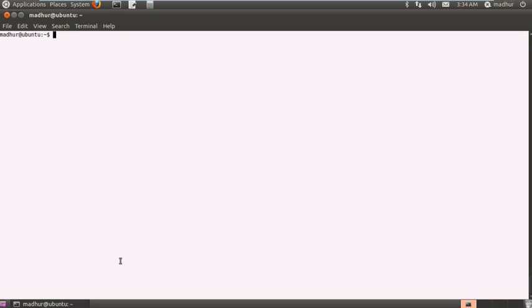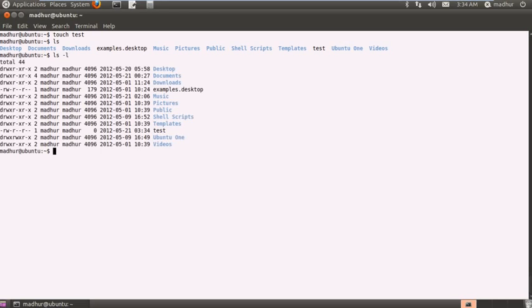What I mean by that is, let me first create a file using touch and I'll call it test. And I'll execute ls and see if it has been created. It's right there, you can see it. And I'll also execute ls -l to show you guys the permission for this file. Now currently I have default permissions for this file, which means that the owner can read and write the file, the group of the owner can just read the file, and the other people on the operating system can also